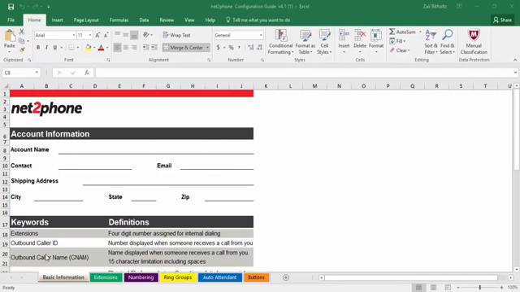So the first tab is called Basic Information. Here you're going to fill out your basic information. So account name is your company name. So I'll fill out Test Company Co. Contact is the person who's going to be the main account holder. So I'll put John Smith,